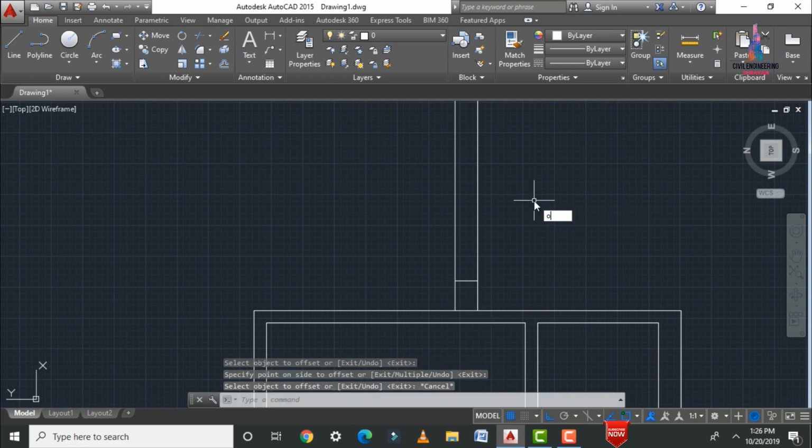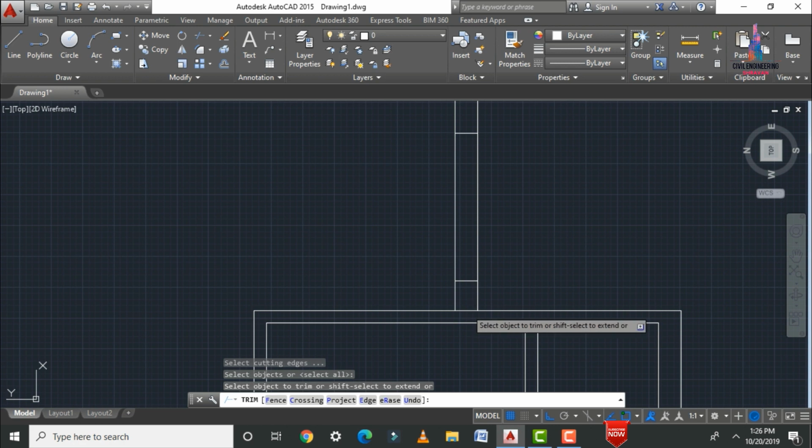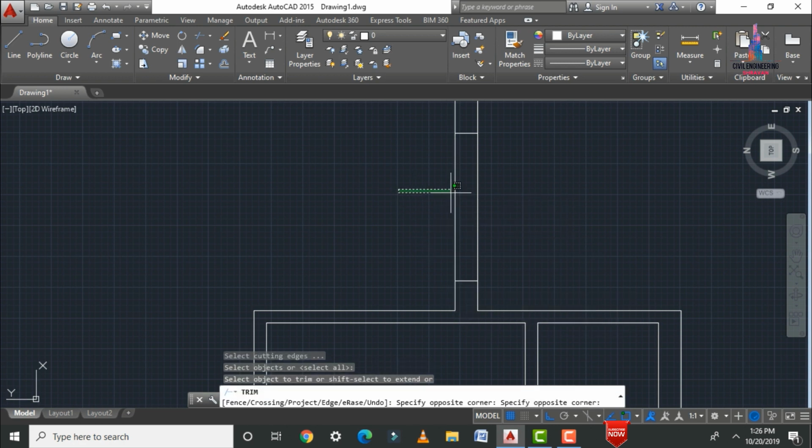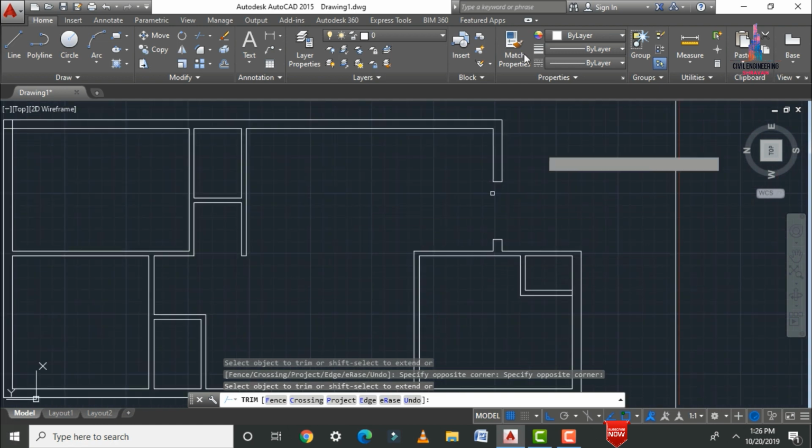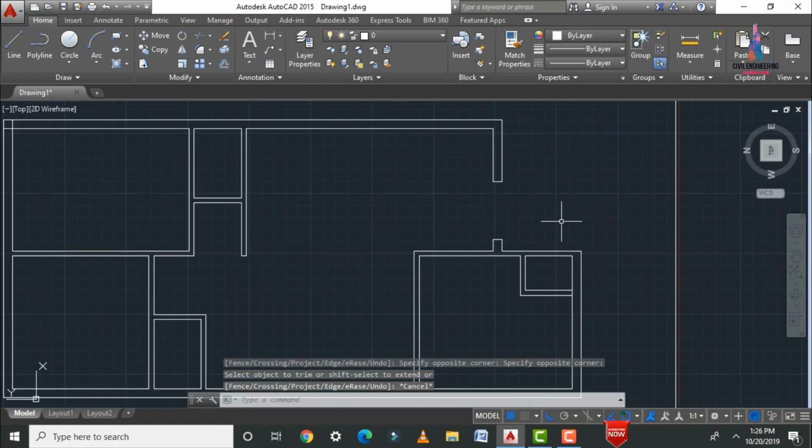So again we have to apply one more offset, which is related to 5 feet 0 inches. So again we have to apply the offset here. So after that we have to trim the excess of the portion. So I am trimming this, otherwise you can delete it. So trim the excess of the portion here like this. Okay, so it will trim your option like this. Okay, so in the same process you can apply the same procedure for applying the doors.